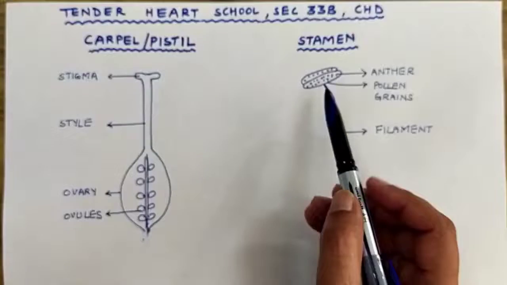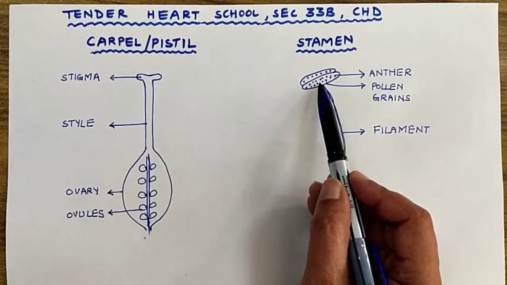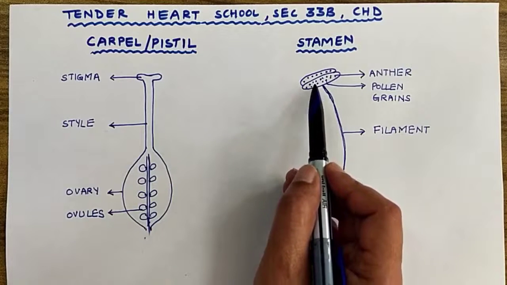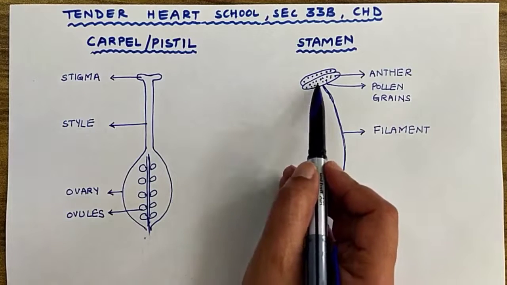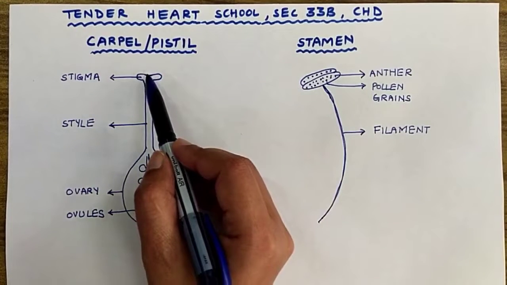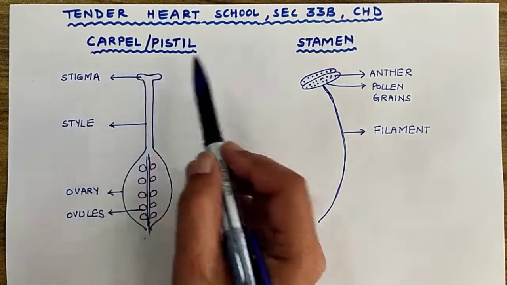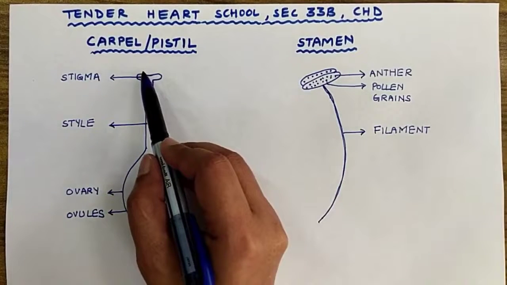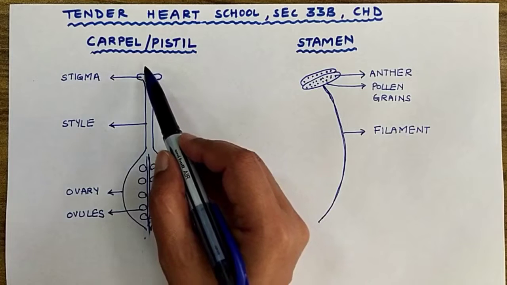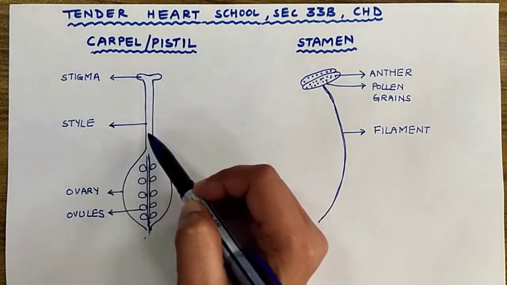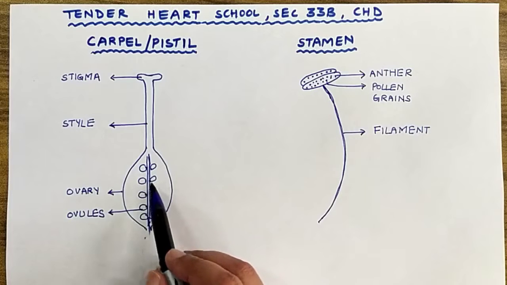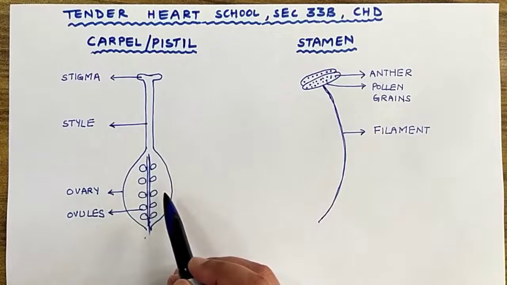During pollination, the pollen grains which are formed inside the anther are, with the help of some agent, like wind, insect or some other agent, transferred to the stigma of the carpel. Male gametes have to fuse with the female gametes. From the stigma, these pollen grains enter into the style and then further inside the ovary, where they fertilize the ovules. After the fertilization process, seed is formed.